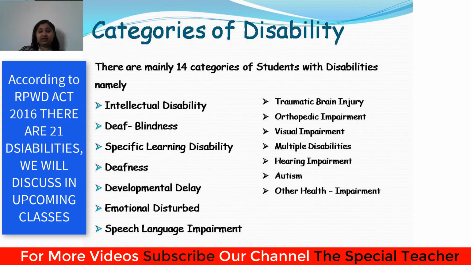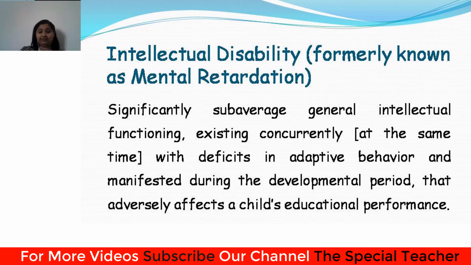So, first, let's talk about intellectual disability, which in the earlier days was named mental retardation. Intellectual disability (ID) is significantly sub-average intellectual functioning, present from birth or early infancy, which causes limitations in the ability to conduct activities of daily living.